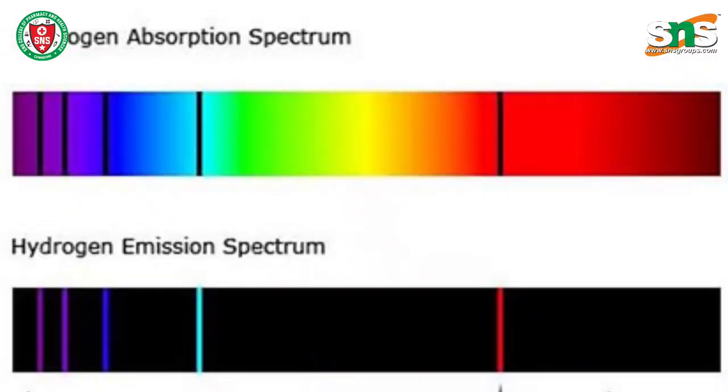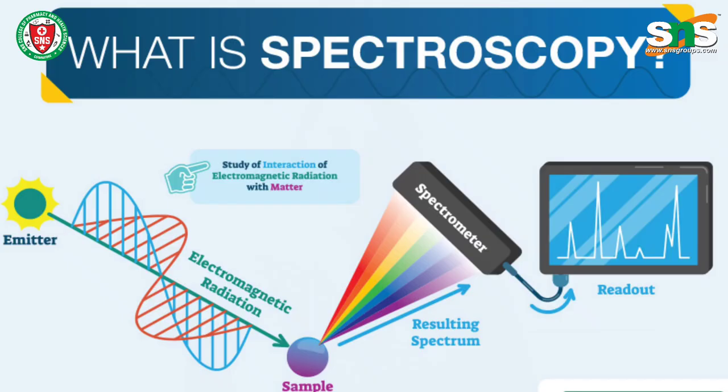So what will happen is, if we pass electromagnetic radiation into our sample, which actually consists of an atom or molecule, this radiation will be either absorbed or emitted. Okay, that is the interaction that is happening between the electromagnetic radiation and matter. Okay, now when it comes to the spectroscopic definition, spectroscopy is the study of interaction between electromagnetic radiation with atom or molecule. So there are two principles that are possible to happen at that time. First one is absorption and second one is emission.